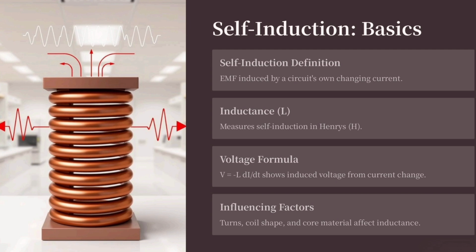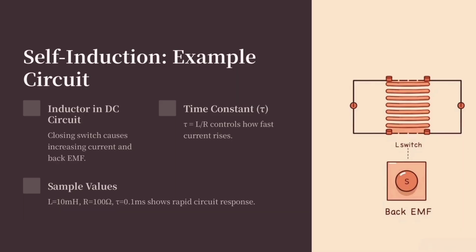It depends on the number of turns, area, length of the coil and the core material. Self-induction is a simple EMF induced in a circuit by a changing current. Inductance is denoted by L, and it measures self-induction in henries, that is H. An example is an inductor in a DC circuit; the time constant and sample values are also given in the